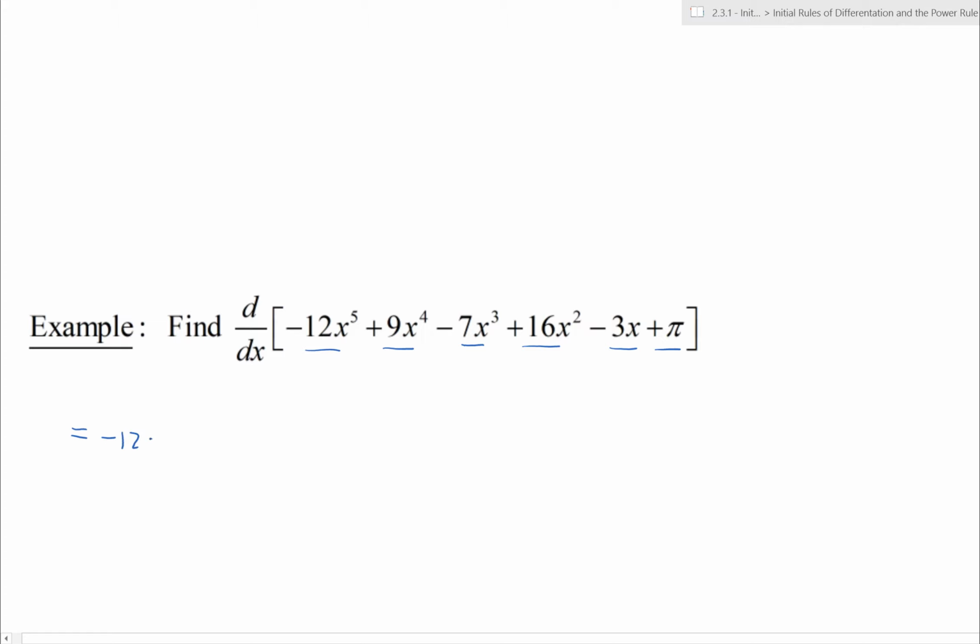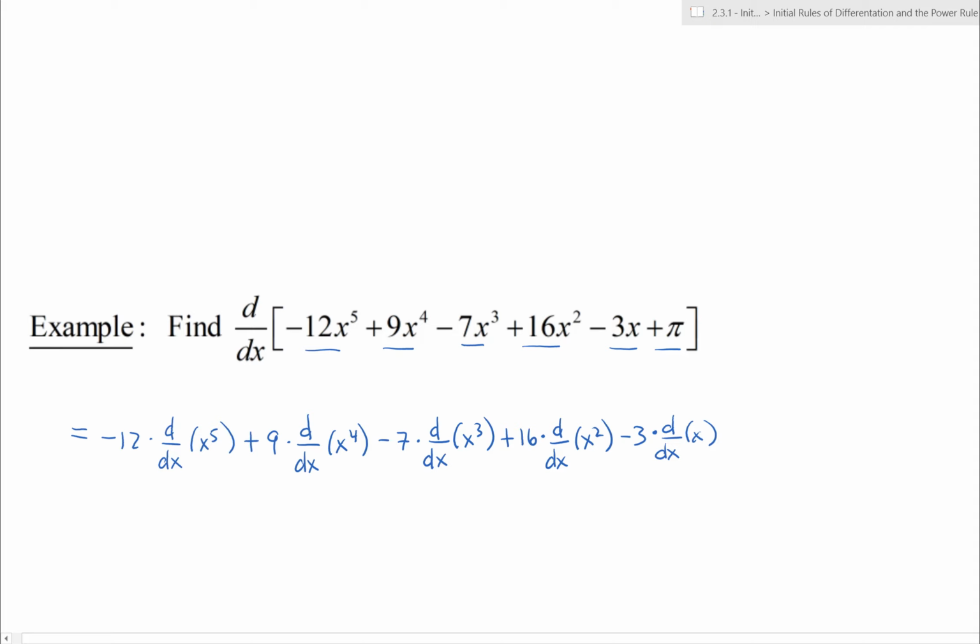Negative 12 times the derivative with respect to x of x to the fifth, plus the next one, a 9 times the derivative with respect to x of x to the fourth, minus a 7 times the derivative with respect to x of x cubed, plus a 16 times the derivative with respect to x of x squared, almost there, minus a 3 times the derivative with respect to x of x,